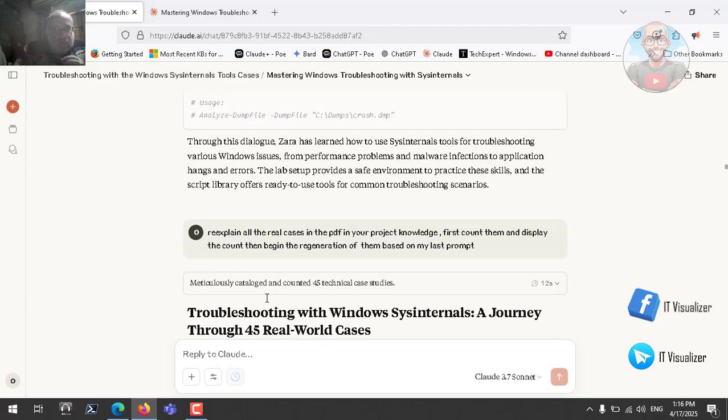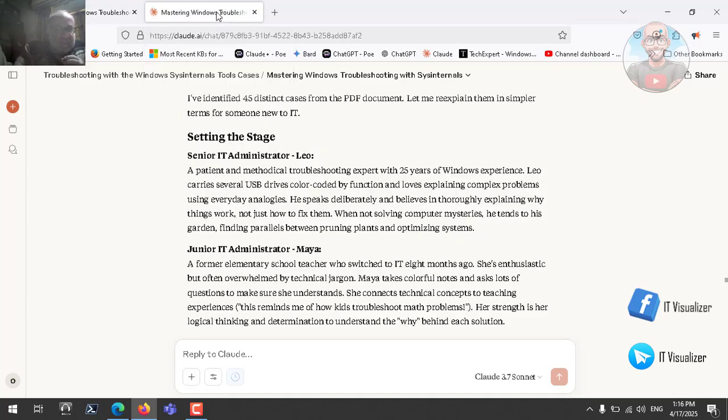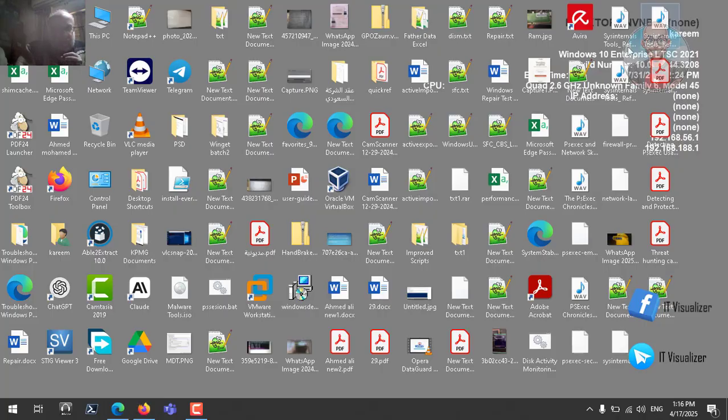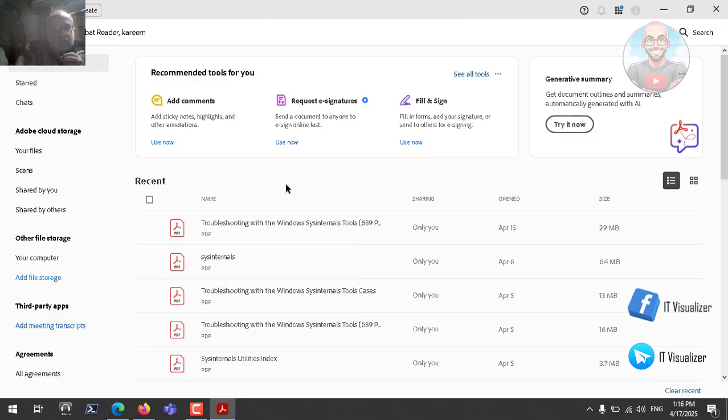So now we can go to the cases included in Mr. Mark Rosenberg's PDF. There are 45 cases that he has already listed in his PDF. Let me show you what I mean by that. If we open this and go to troubleshooting with Sysinternals tools,